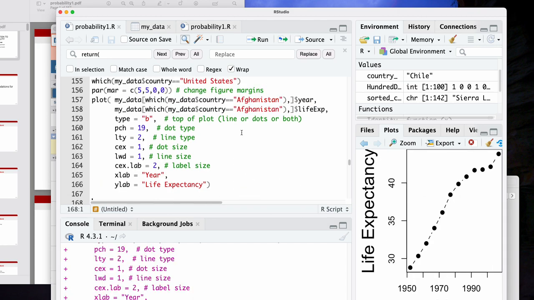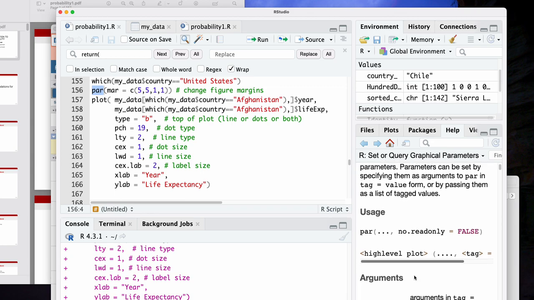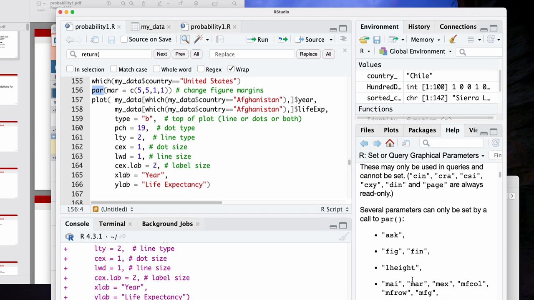So this is something that takes some getting used to, and I don't expect you to know all the ins and outs of this from day one, but the basic idea is there are a various number of graphical parameters that you can read more about here. Those graphical parameters, think of them like the hyperparameters for your plot. And those hyperparameters are set by calling this. And another example of a hyperparameter would be like the number of rows and the number of columns. Let's say you want to do a 2 by 2 plot or a 2 by 1 plot in terms of rows and columns. You could potentially do those sorts of plot arrangements using the par function, setting the graphical hyperparameters.